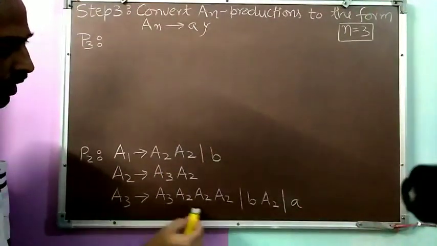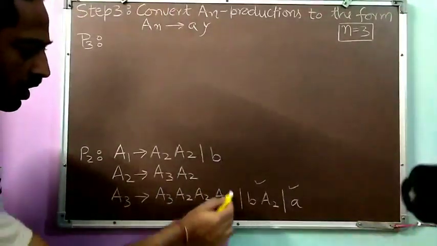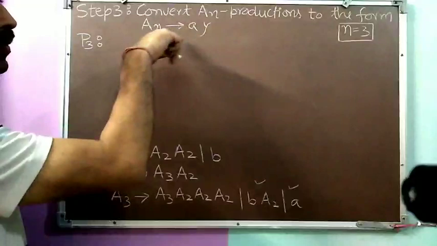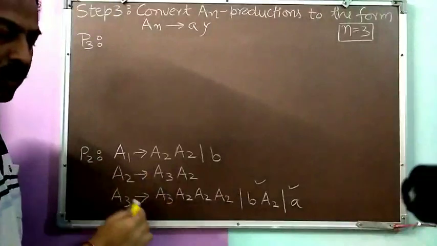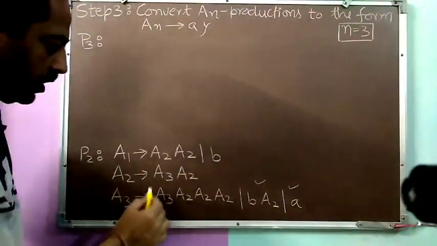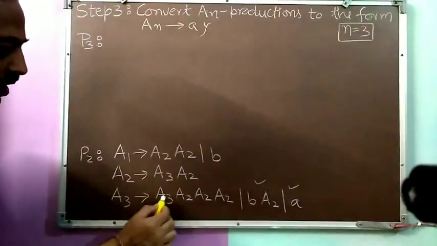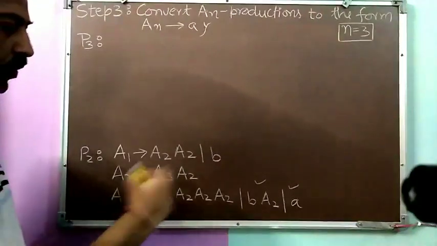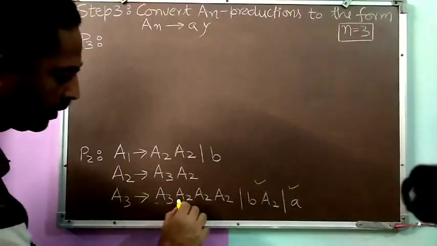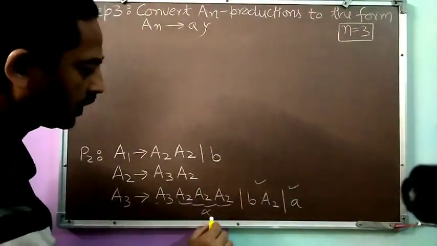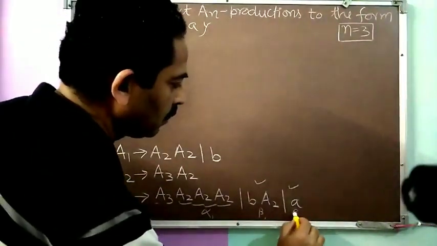So here these productions are already in the required form of GNF, but this production is not. We have to convert it into the required form of GNF, which means we want a terminal here. So we'll try to remove this variable from here. How will we remove it? Certainly by using lemma 2, because it is the variable A3 and the same variable is present on the left hand side. So we'll apply lemma 2. This one is our alpha, or alpha 1, and these are our beta 1 and beta 2.